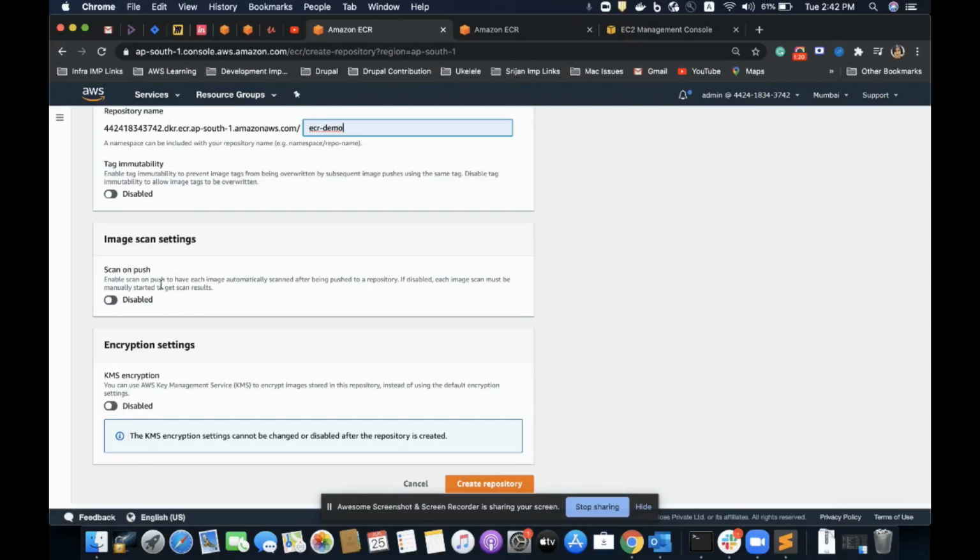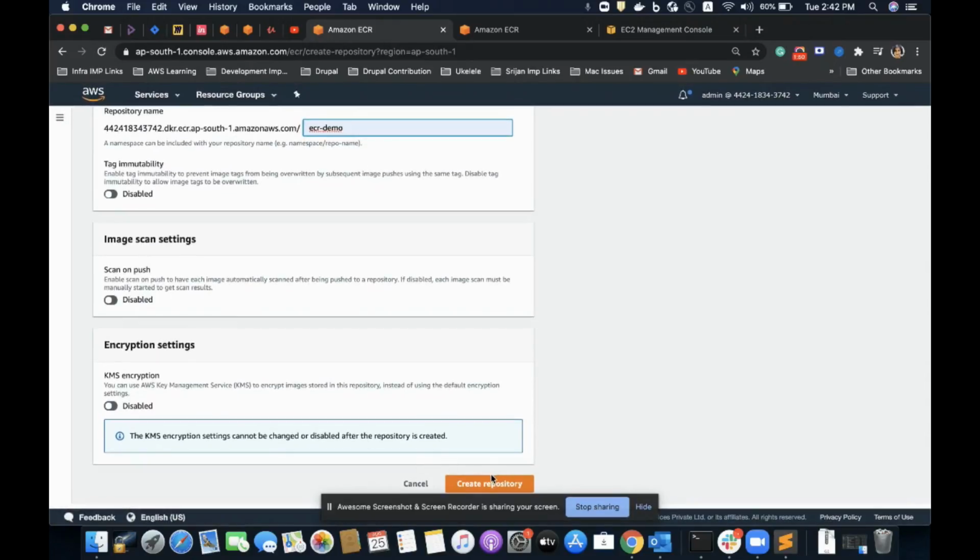Then this setting is to scan my repository at every push. This scan will check against the vulnerabilities I have in my repository, and the last one is KMS encryption. This is to enable the encryption on my ECR.